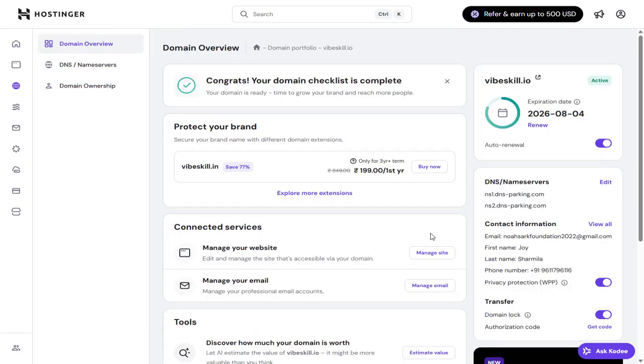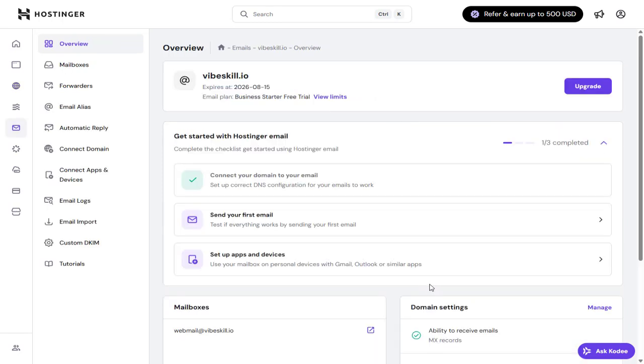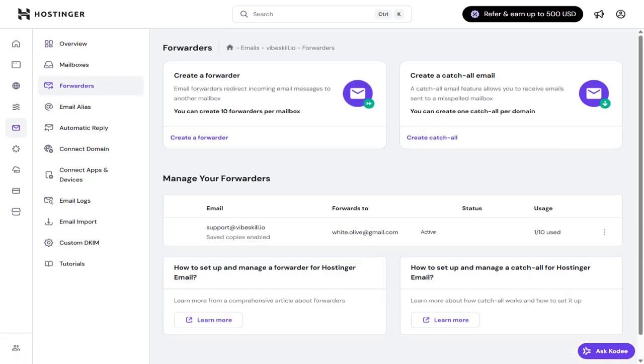Next, on this page, we need to enter the Manage Your Email section by clicking this button. Here, we need to click the Forwarders tab, which will bring us to the Forwarders page. Here on the right, you will see all the email forwarders that have been set up. Select the forwarder set up for the Gmail account